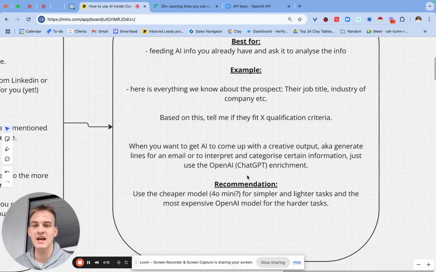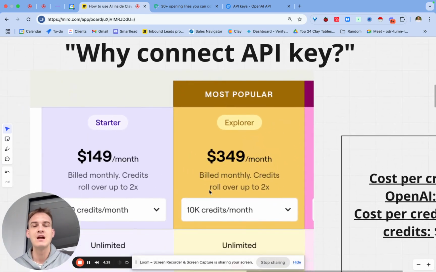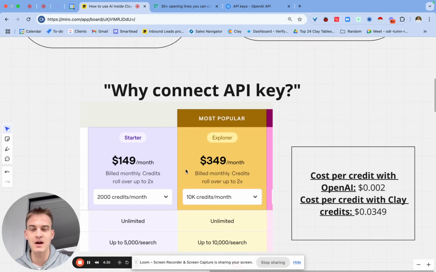And when you want to get AI to come up with a creative output, aka generate lines for an email or to interpret and categorize certain information, just use this OpenAI enrichment, right? So when you already have a bunch of info, use this one. And as always, use the cheaper model first for simpler and lighter tasks, and then more expensive models later down the line. This brings me very nicely to talk about my favorite thing, which is why you should be connecting